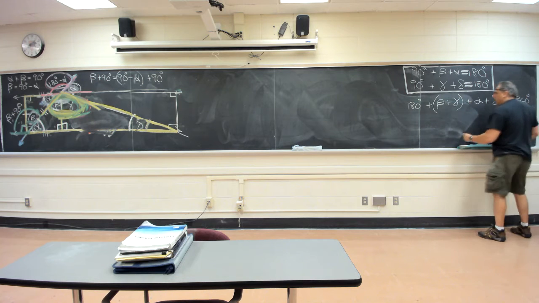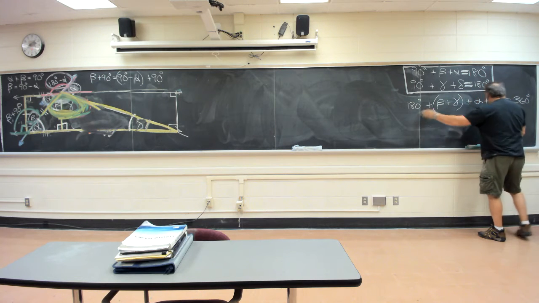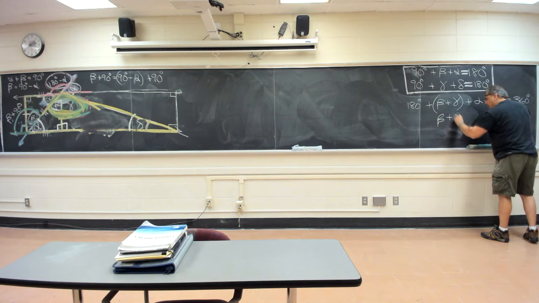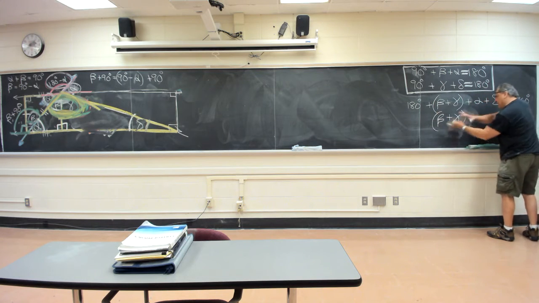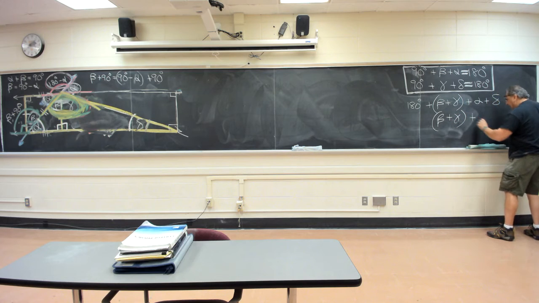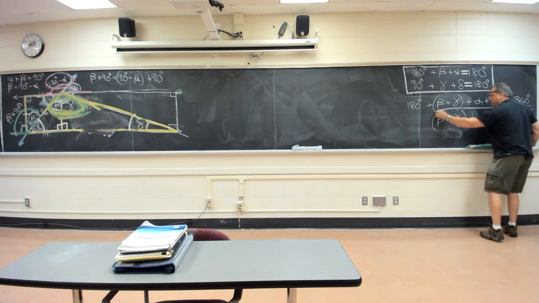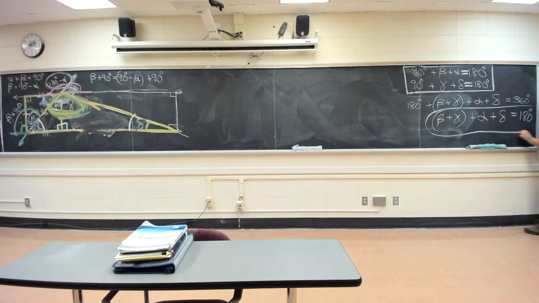Subtract 180 degrees on each side. Beta plus gamma, treat that as one angle, because it is. Here's one angle. Here's one angle. I subtracted 180 on each side. I got 180 degrees. It doesn't matter if it's not a right triangle. Any triangle